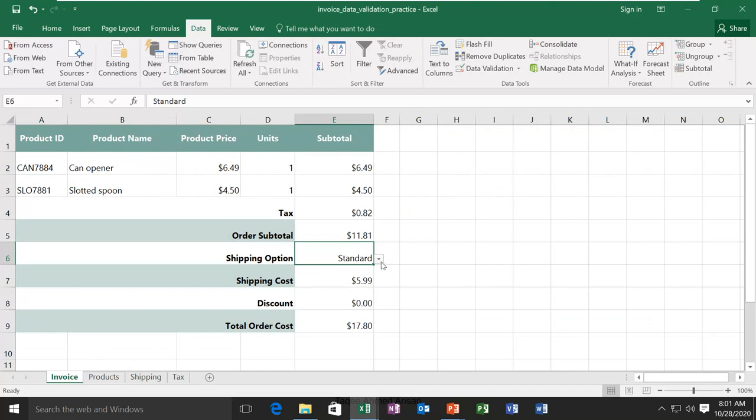Now we have this drop down. When you drop it down, you will see the different values here. If I select this, the formula works according to that. If I select this, the formula works according to that. You can even type it manually, but only if you are giving the right value. If you give the wrong value, it won't work.